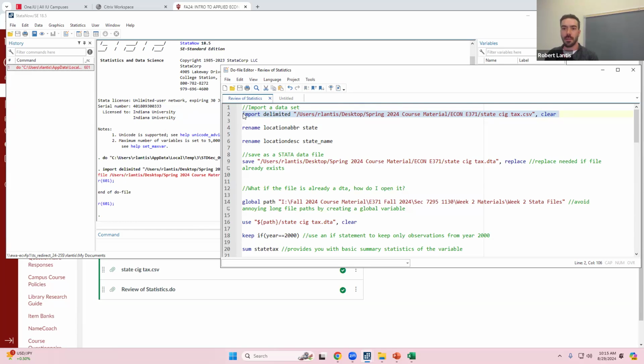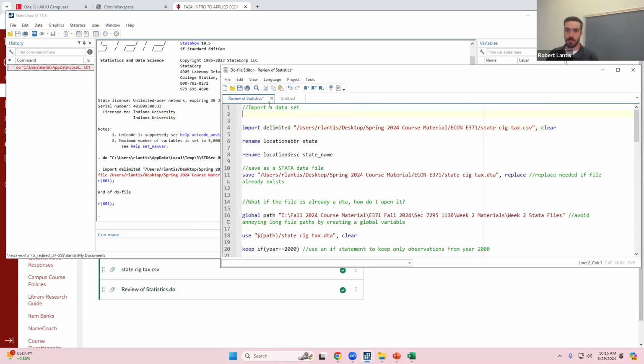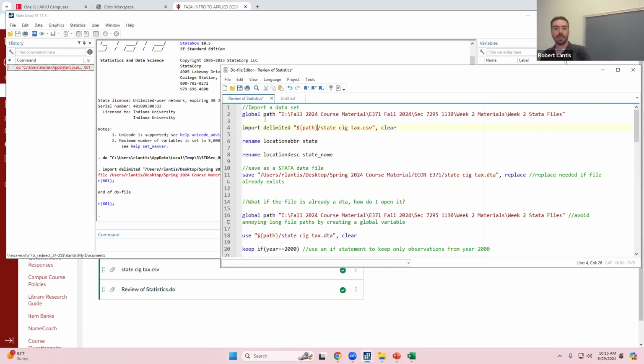So instead, if I add this global that is using my OneDrive, it's pulling from the correct folder, right? I can actually get rid of all of this. I know that the name of the file is the same because I just copied it over from my computer. I'm going to use that $, and then my brackets, put that word path because I've defined that. Now when I run this,